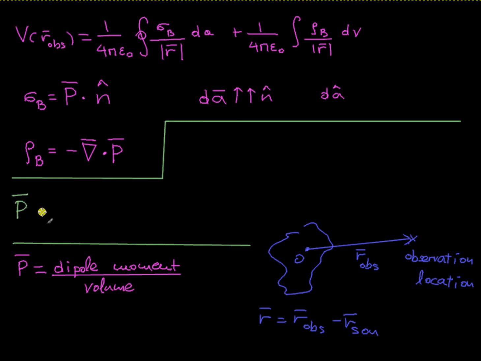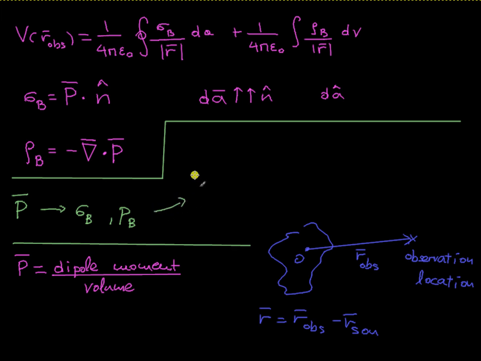If you have the concept of polarization, that vector quantity, then in your next step, you will find the surface charge density and the volume charge density. Sigma b, rho b. These are the two quantities here. They are defined with these two equations. Once you find these,